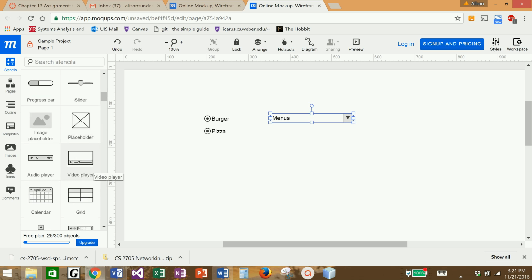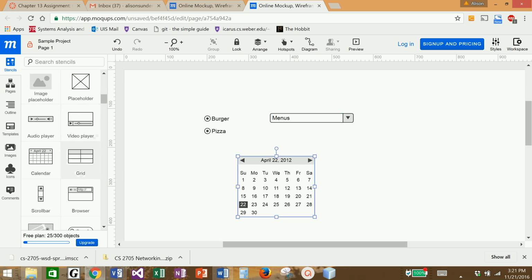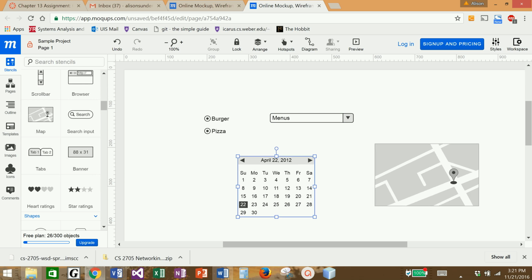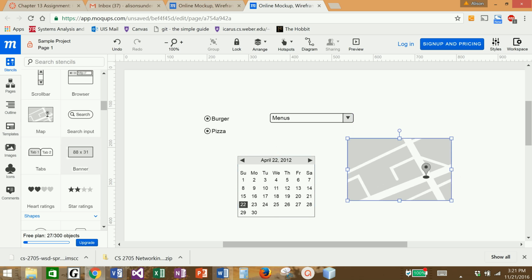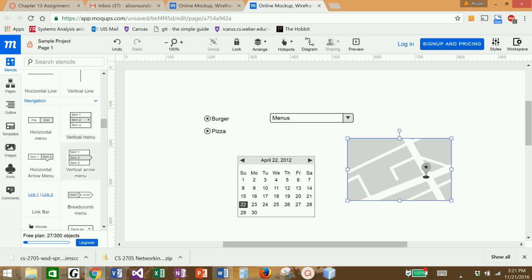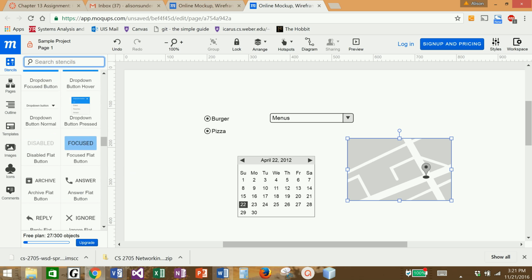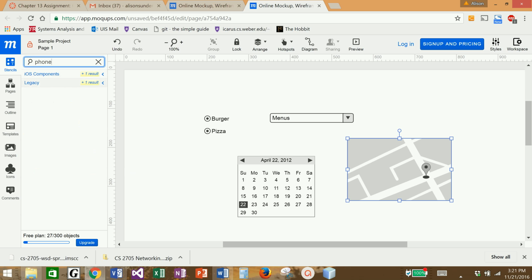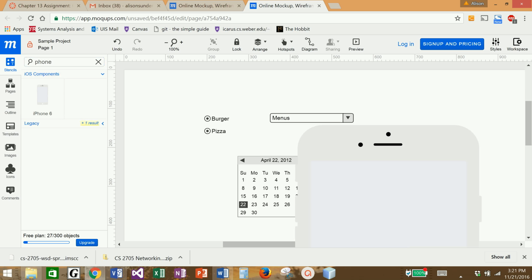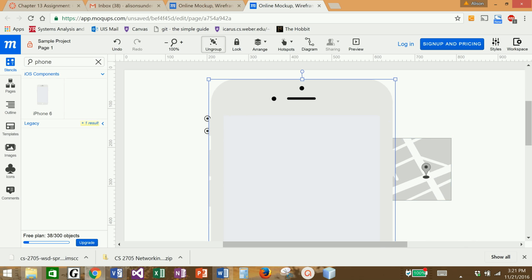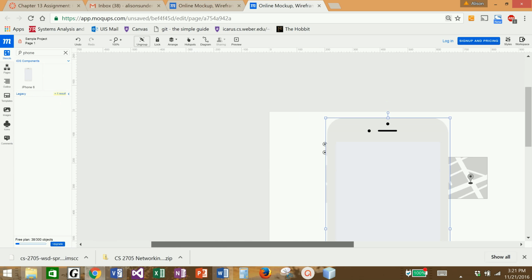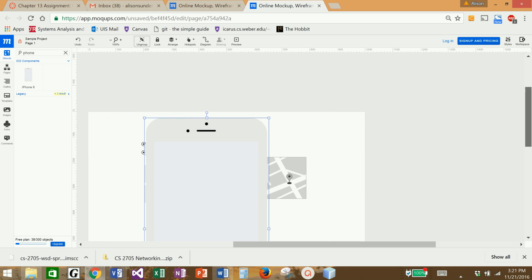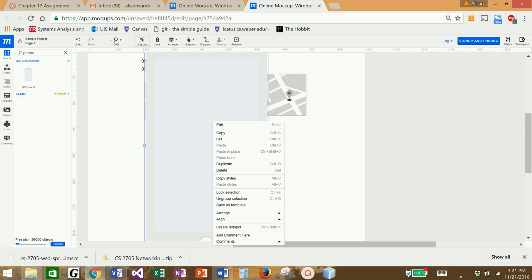Let's say, for instance, I can drag and drop a calendar onto my screen depending upon what components or what screen it is that I'm creating a prototype of. One of the things that I also like about this is somewhere down here at the bottom, let me search for a phone. I'm going to search for an iPhone 6. So I'm going to drag this iPhone 6 onto my screen. Let's see if we can get it a little bit smaller so I can see my iPhone 6. And then if I change its grouping, I'm going to push it to the back. We'll align it, arrange it, send it backwards,